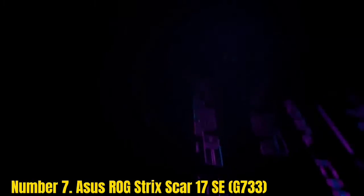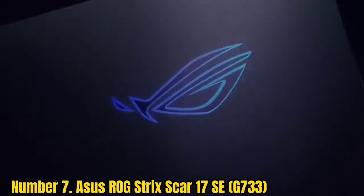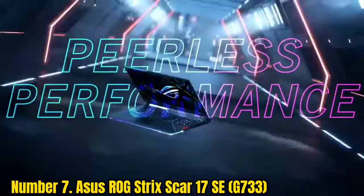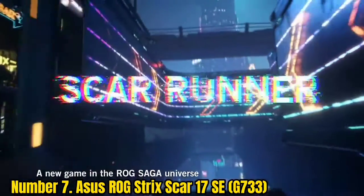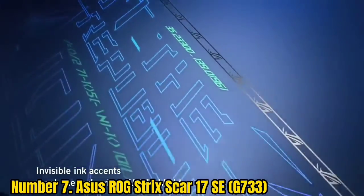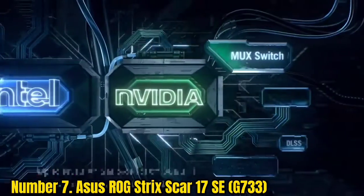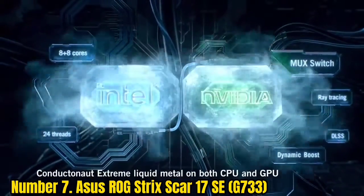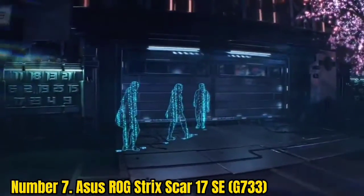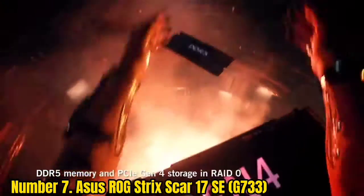Number 7. Asus ROG Strix Scar 17 SE G733. If you want top-tier gaming performance, the Asus ROG Strix Scar 17 SE is the way to go. Yes, it's expensive, but with an Intel Core i9-12950HX and an NVIDIA GeForce RTX 3080 Ti, this laptop can handle intense graphics from high-budget games, but can also push the system to the limit. With a 2560 x 1440 240 Hz display, you can play games at high resolution, high frame rate, or a